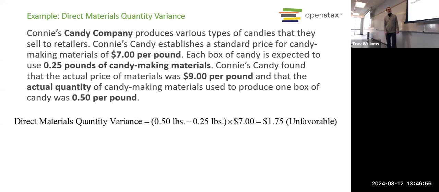Jordan: You can already kind of tell when it's favorable or unfavorable, like before using the equations, just from what's in that, right? Exactly. Anytime your actual is more than the standard, you know it's going to be unfavorable. And anytime the actual is less than the standard, you know it's going to be favorable because you're saving money, right? So yes, that's exactly right. Okay, so any questions here?